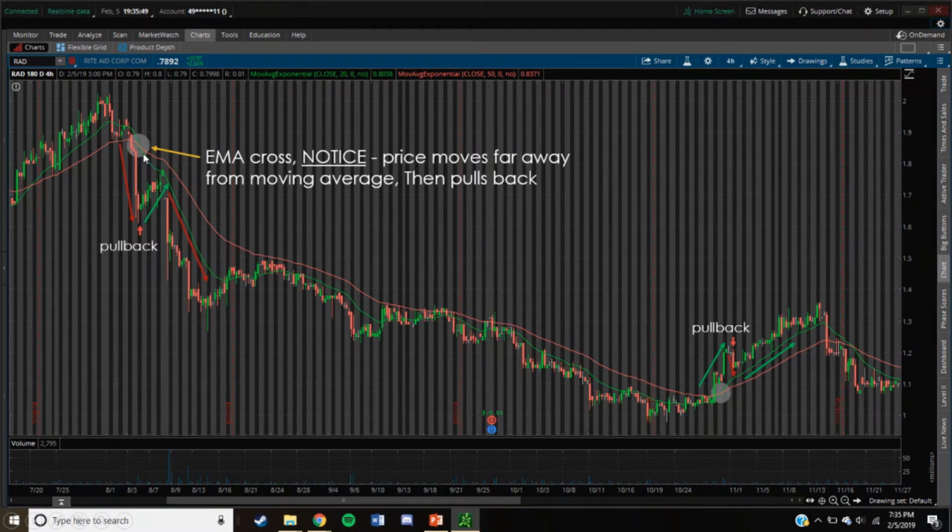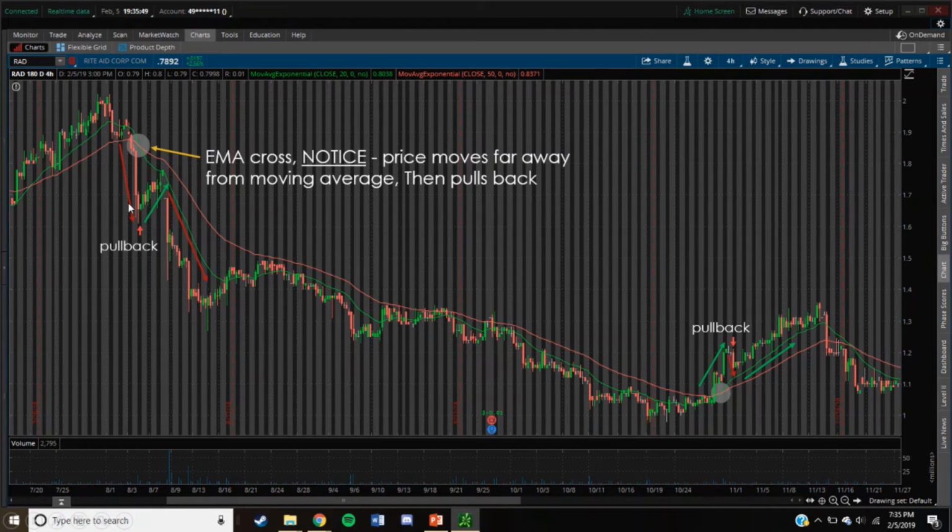Here's an example of a death cross and a golden cross on ticker symbol RAD on the 4-hour chart, and something important to pay attention to for both of these examples is the distance of the price from the moving average. First, there's this death cross, which is immediately followed by a dramatic drop in the price. If you were to take a short position at this point and hold until the next break above the EMA,